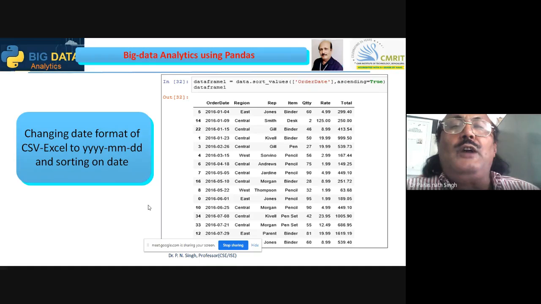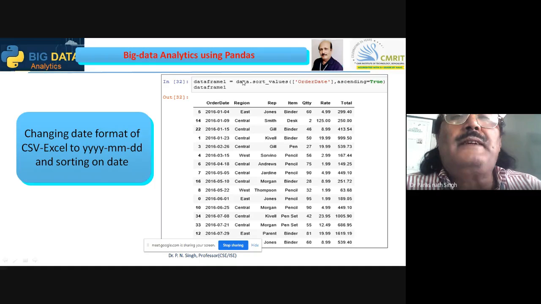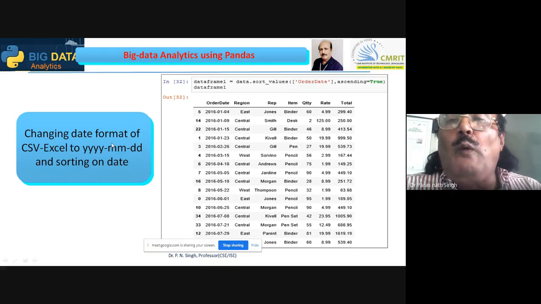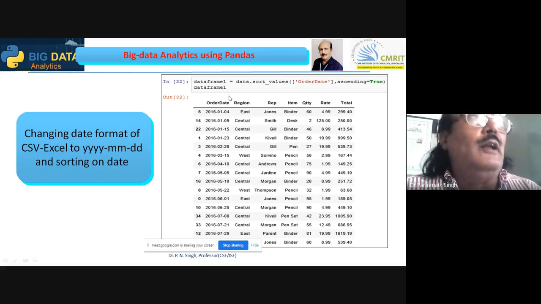So it will be sorted properly. The built-in feature is there, data.sort_values. But how will it sort values if the date is not given in the YYYYMMDD format?